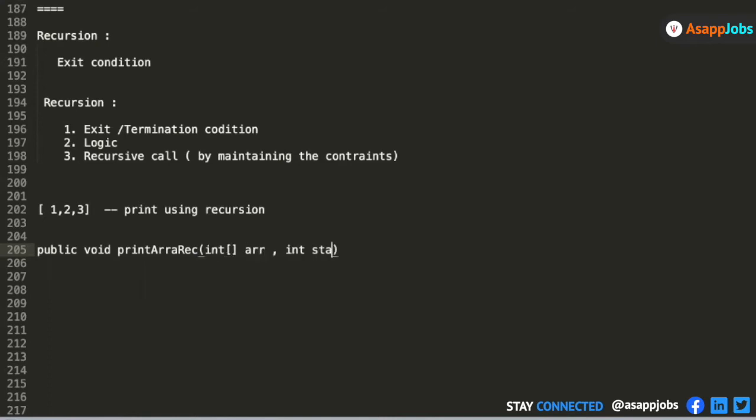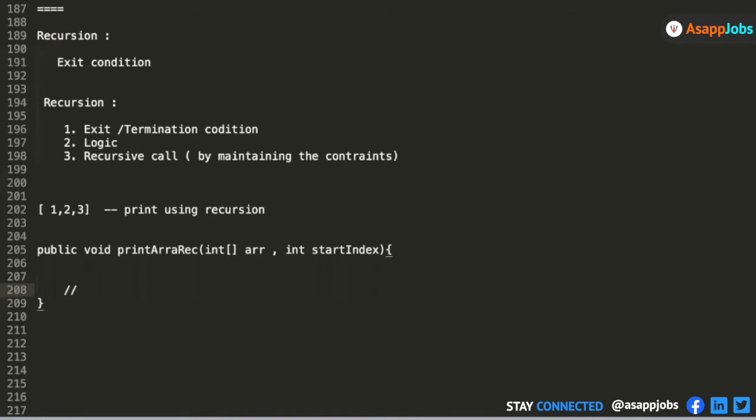What I have done is taken a function that takes an array and is given the starting index right now. So in recursion, the three things I have to write are first the termination condition, second the logic, and third the recursive call.